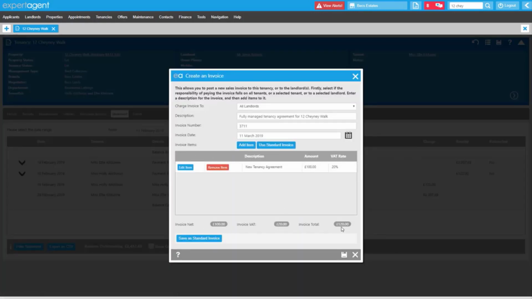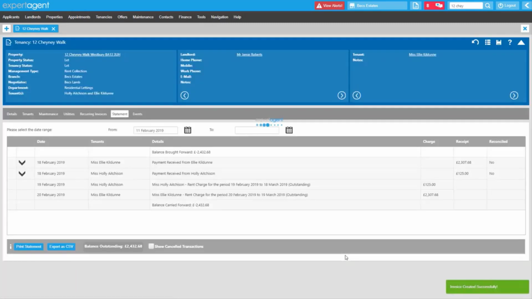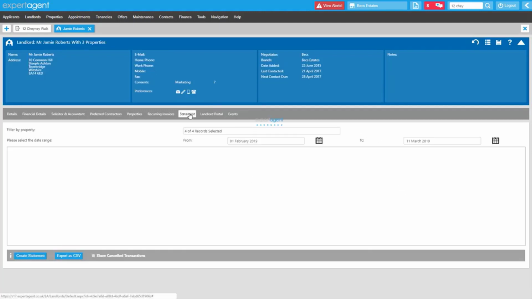We'll check the details when we're happy, and we'll click the Save icon in the bottom right hand corner. We're waiting for that green pop-up to confirm that the invoice is charged successfully. Because we've charged that to our landlords and we've asked Expert Agent to charge it to all landlords, if I now look at my landlord record and go to the Statement tab,